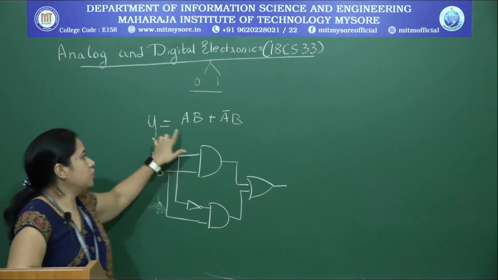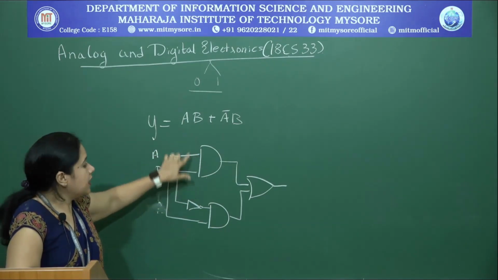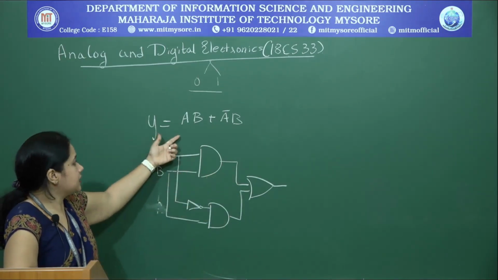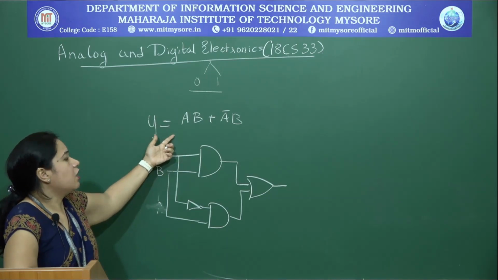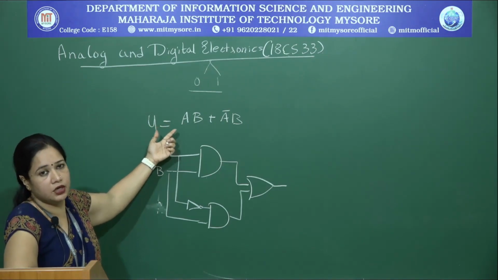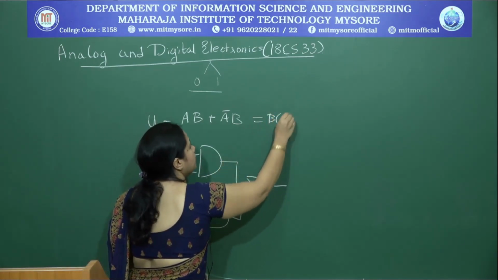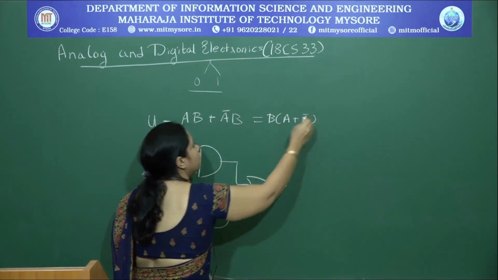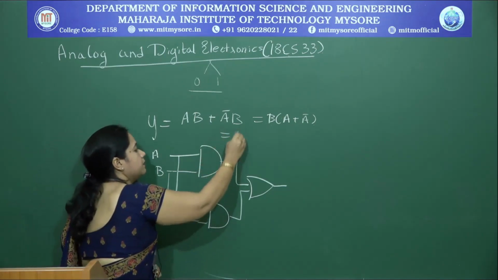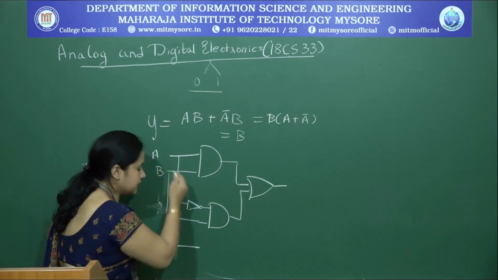And our intention is to see if I can simplify this expression so that it can be reduced, it can be realized using fewer gates. So, if you can see here, B is common. If I take B common, you just recall the fundamental theorems and rules you have used in your Boolean algebra to solve this. If I take B as common here, I will end up getting A plus A bar, and you know from the identity theorem A plus A bar is a 1. So, this is going to be B. So this expression, this entire circuit is equivalent to B. I don't need A, it is independent of A.